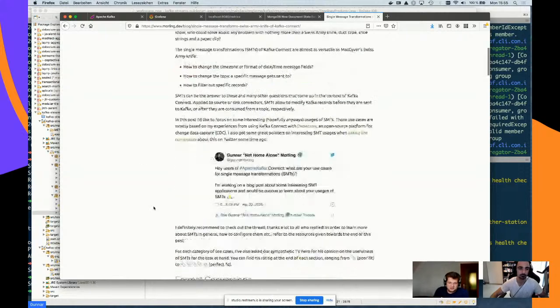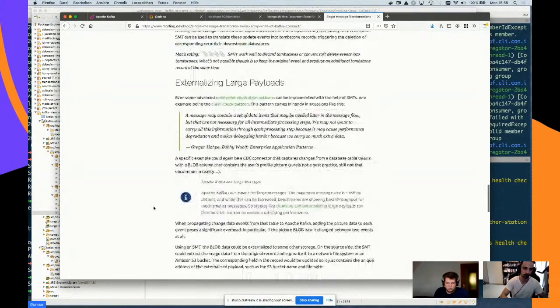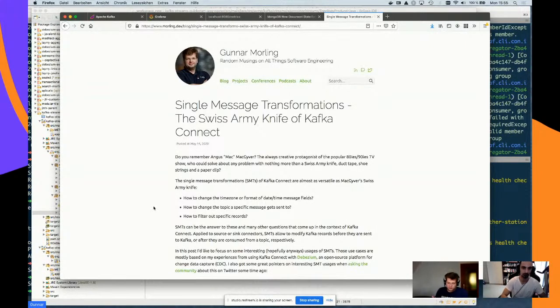So, this discusses this matter a bit. What can you do with an SMT in Kafka Connect, and when is it not enough? And you will look into Kafka Streams. And the thing is, if I would get away with implementing such an SMT, I would do it because it means it's very easy for me to operate. I have Kafka Connect running anyways, and just deploying another SMT to it really doesn't add any operational overhead to me. Whereas if I deploy another Kafka Streams application, well, then that's another microservice. I need to monitor it. I need to just operate it, right? I need to take care that it's running. I need to keep it up to date and all those kinds of things.